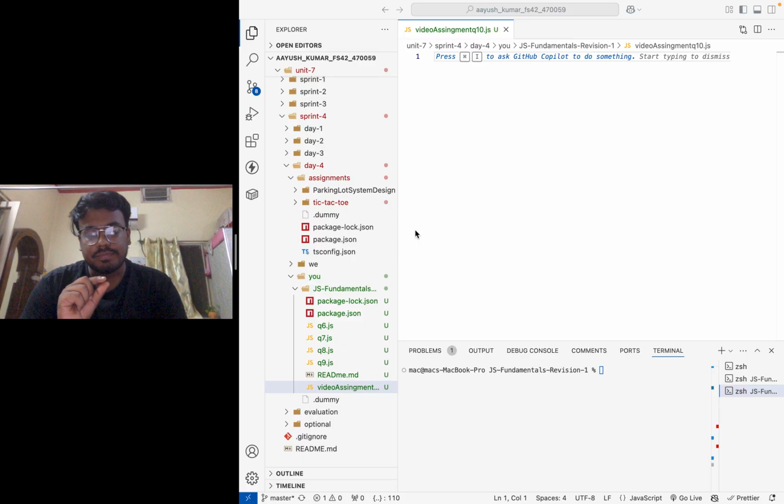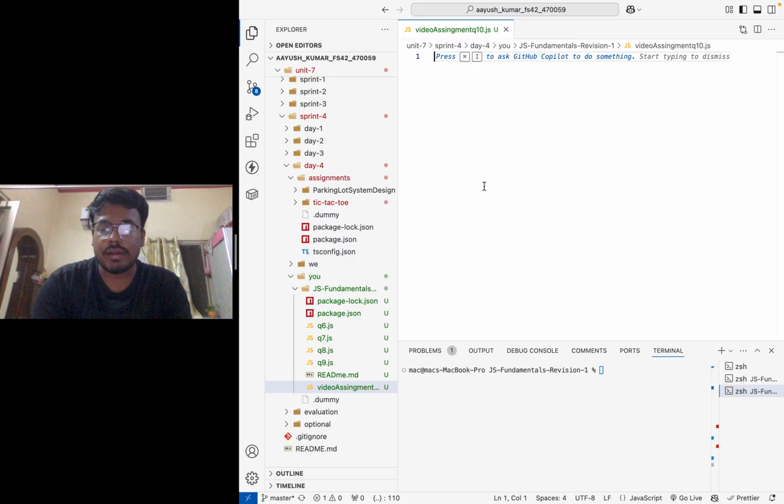So suppose there is a function, and inside there is a block scope. If var is declared inside the block scope and called outside the block scope but inside the function, then var will print that value. But in the case of let and const, they will not give the value. They will give a reference error. Let us see with an example.